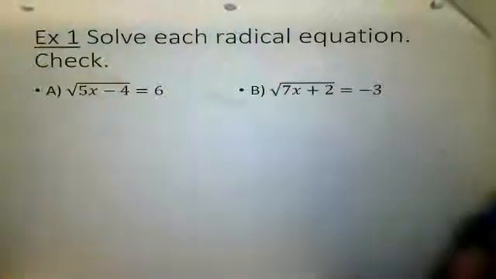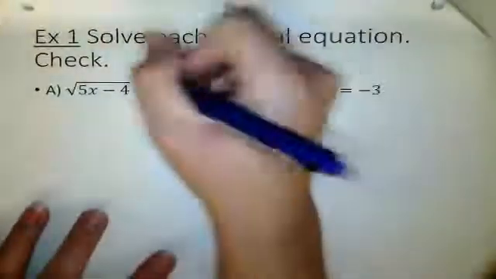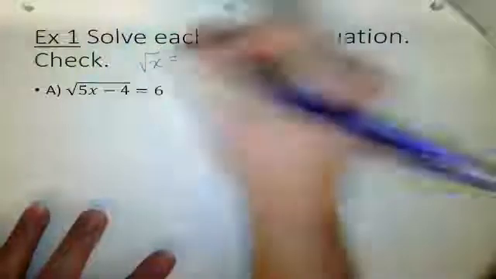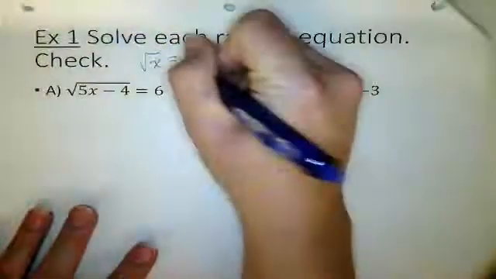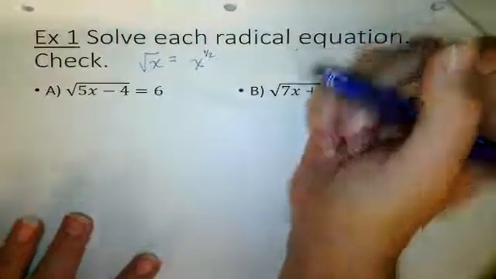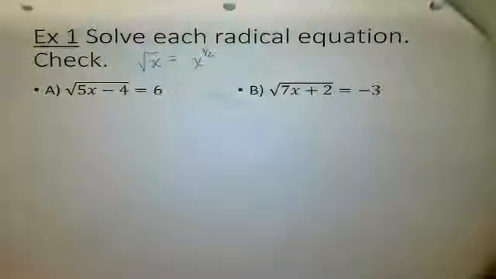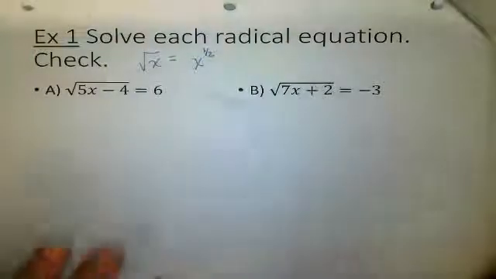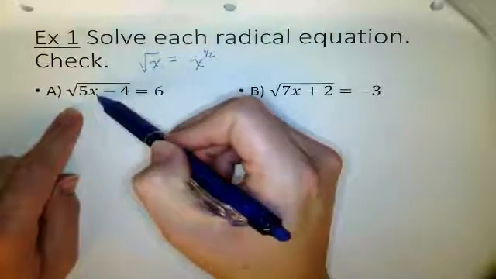Here we go. The square root of 5x minus 4 equals 6. I just want to refresh your memory really fast. The square root of x can be written in another form as well: x to the 1/2. Very good, you remember that. Fractional, rational exponents. I want to keep it at the top of your head because we're going to see that sometime, or Monday. So I cannot solve for x right now because it's trapped